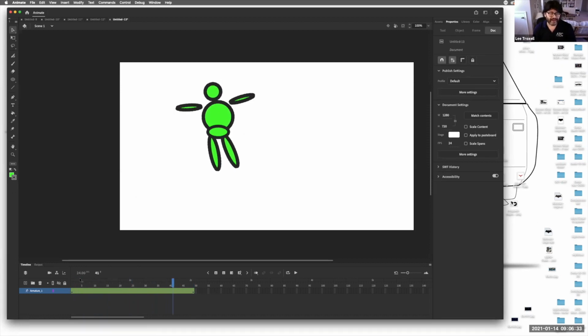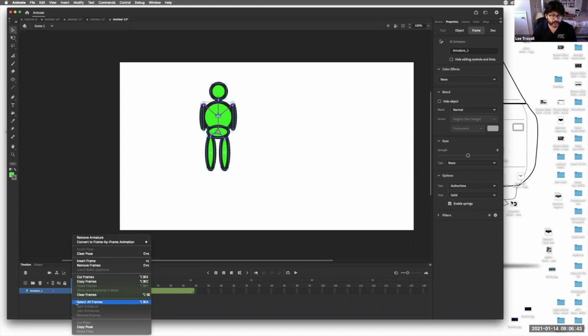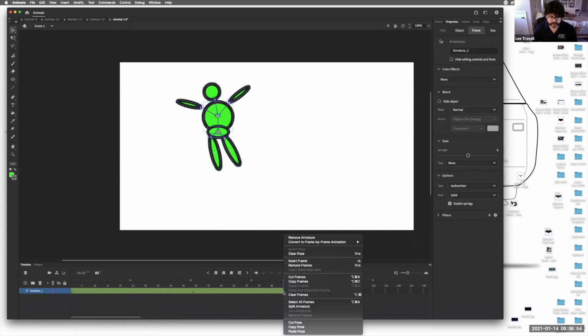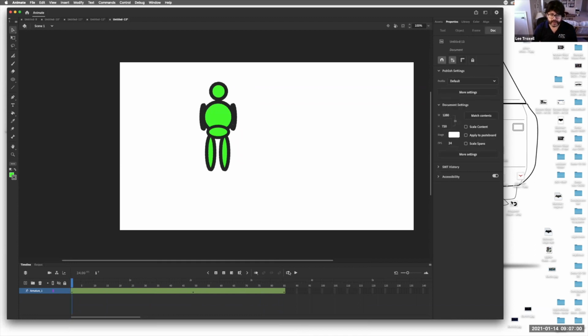Okay, and then if I wanted to, just like in the demo with the waving person, I can hold down the Control key, click on frame 1, and copy pose, and then insert a keyframe at 85, and say paste pose. So ideally, what's going to happen is if we loop it,